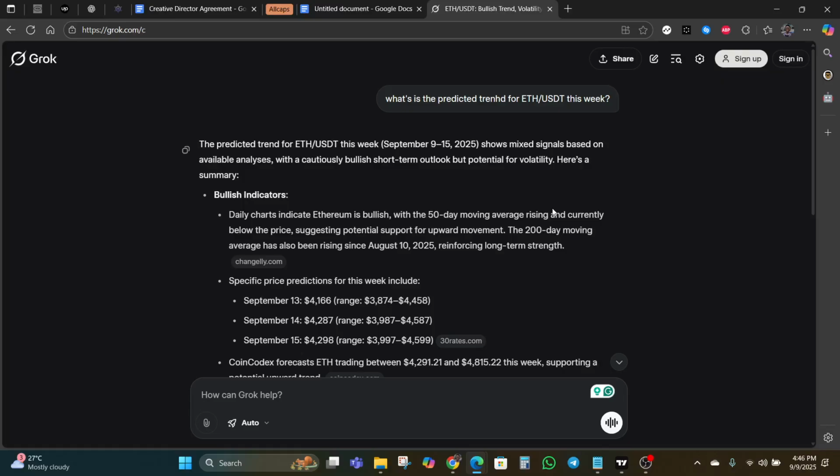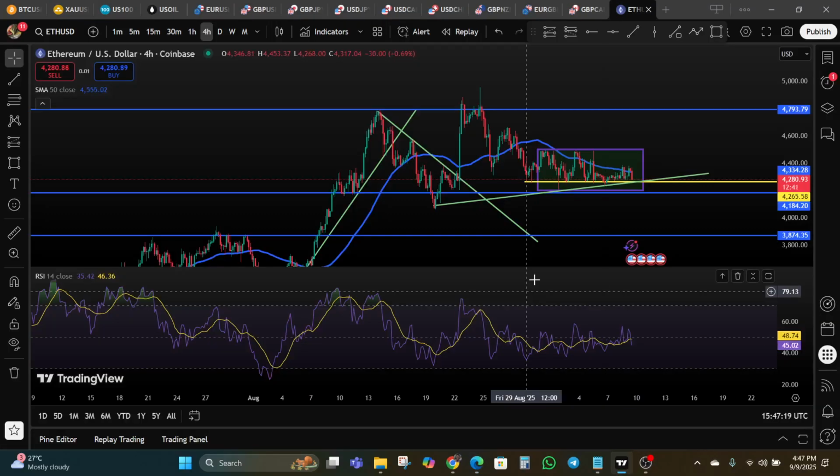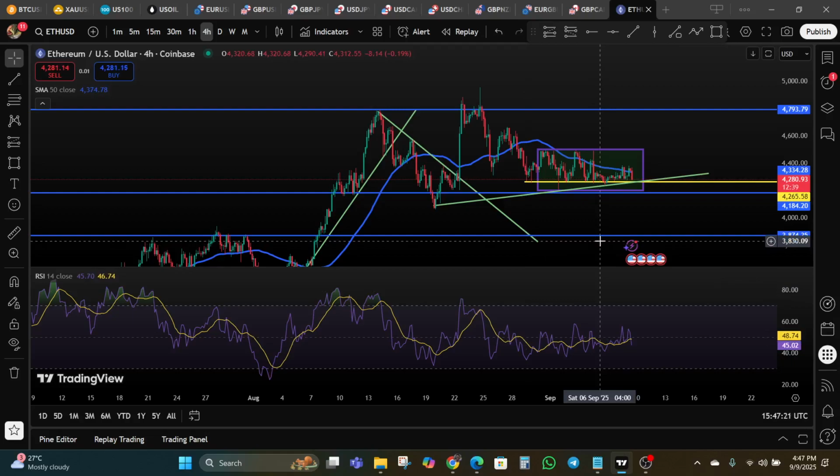But whatever prompt you give the Grok AI, when it gives you a response, you consider that response as just an insight to guide your bias. So when it tells you what the prevailing market sentiment is for a particular currency or a particular cryptocurrency, then you can go to your technicals and go to your chart. You can then look for patterns that align with what the Grok AI